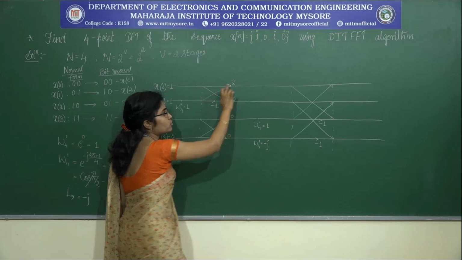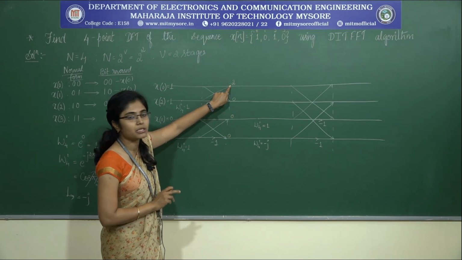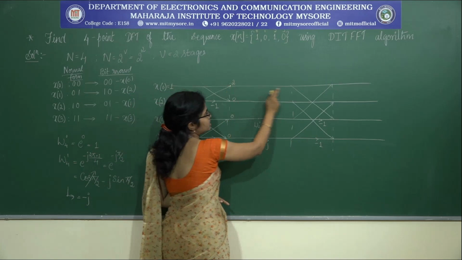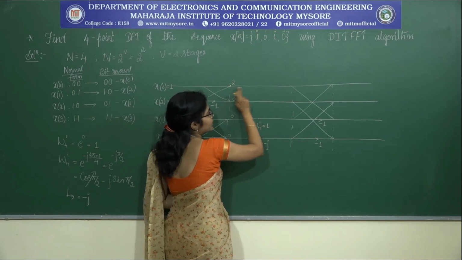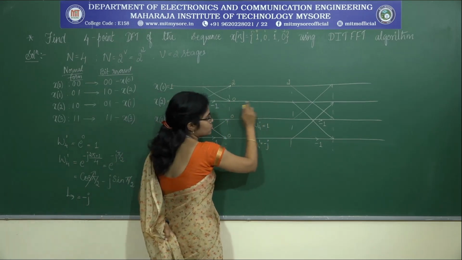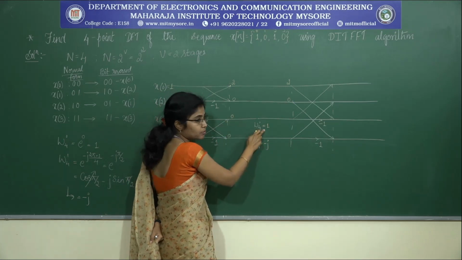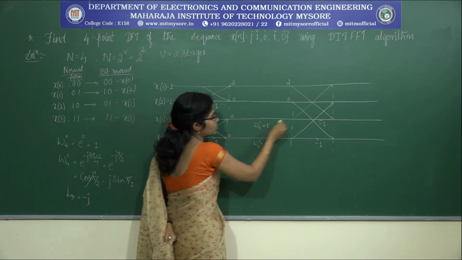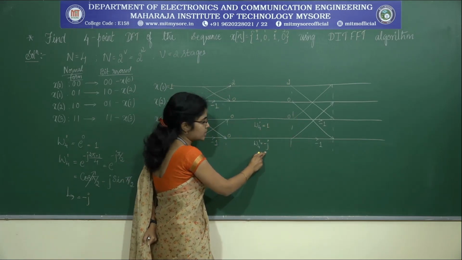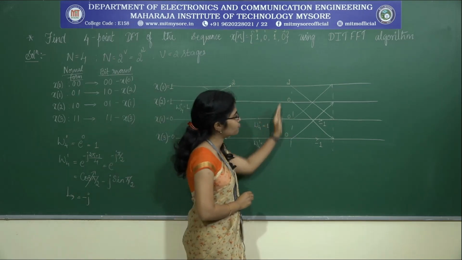At this particular point, you check the number of signals. Always you get 2 signals at each point. At that particular point, what we perform is addition. Okay. Now, since here there is no term to multiply, 2 is directly supplied to this second stage. Again, there is no data here, 0 is supplied to second stage. Again, 0 has to be multiplied with the twiddle factor value, that is 1. 0 into 1 is 0. Again, this 0 has to be multiplied with minus j. So 0 into minus j is also 0. Now we are ready with the input for the second stage.